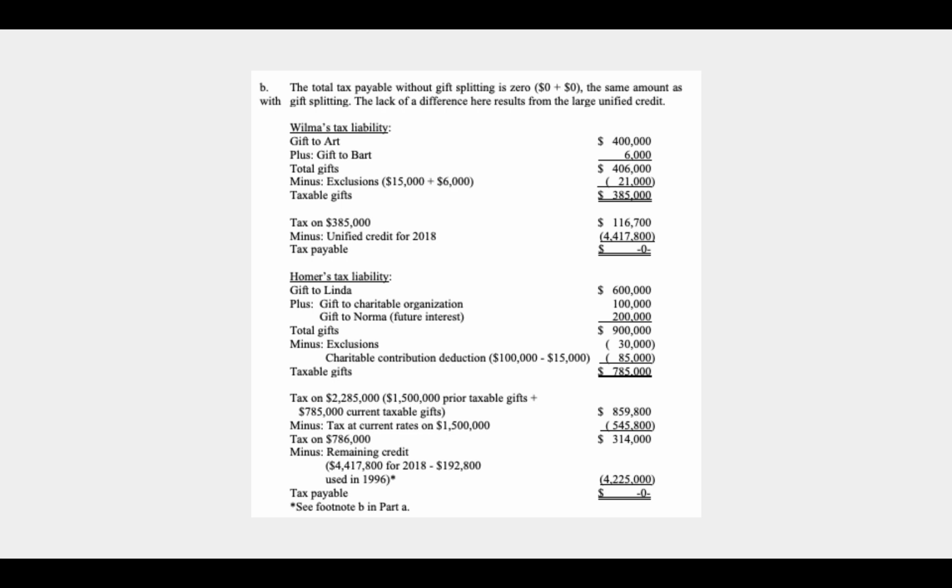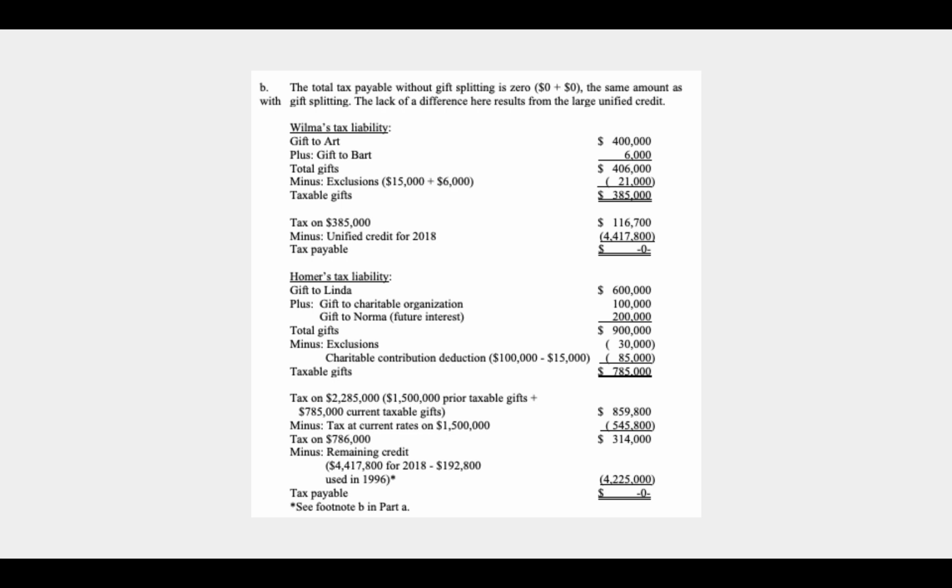So the taxable gifts are $385,000, and then I go to my tax tables to compute the tax for that, and I reduce the unified credit by that amount. All right, for Homer, same thing. We add up all the gifts. They're $900,000. He gets 2 exclusions for the gift to Linda and the gift to Norma of $15,000 each. He also gets the charitable contribution deduction of the amount of the charitable contribution minus the annual exclusion. So it's $85,000. His taxable gifts are